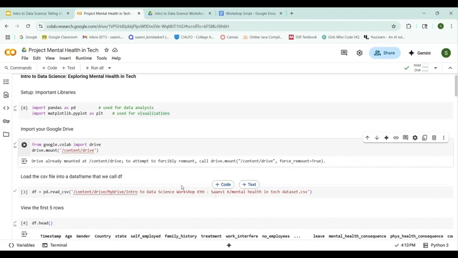Okay, so hopefully your drive is mounted at Colab.